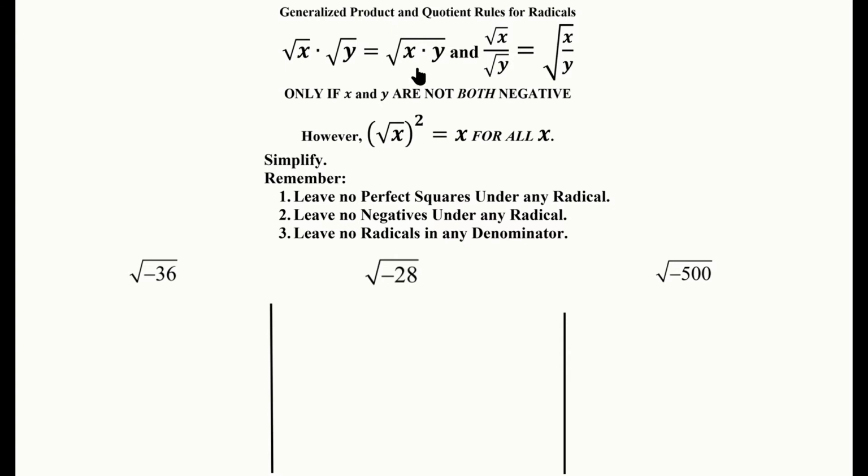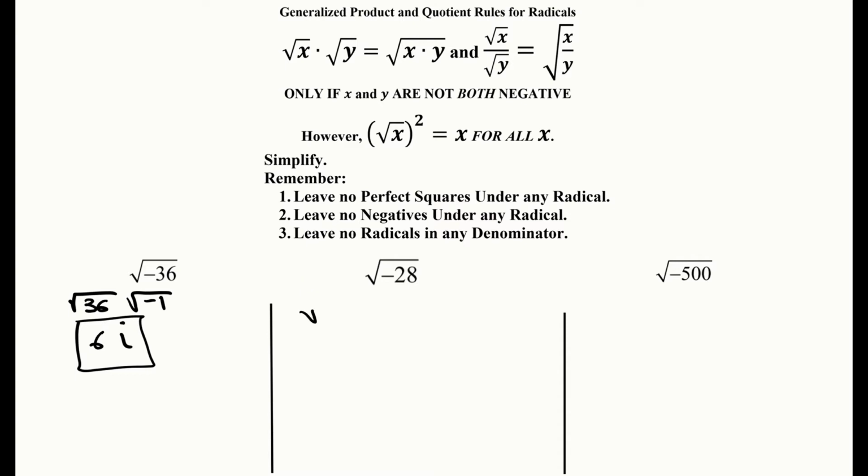So now let's go ahead and take a look at this first example, and you can see we can apply this rule from right to left and break this up as the square root of 36 times the square root of -1. Of course, we can do that because they're not both negative. See, one is positive, one is negative, so we satisfy the rule. So of course, square root of 36 is 6, and we'll go ahead and rewrite square root of -1 from what we just learned. We know that that is i, and that's how we're going to leave the final answer. For this one,